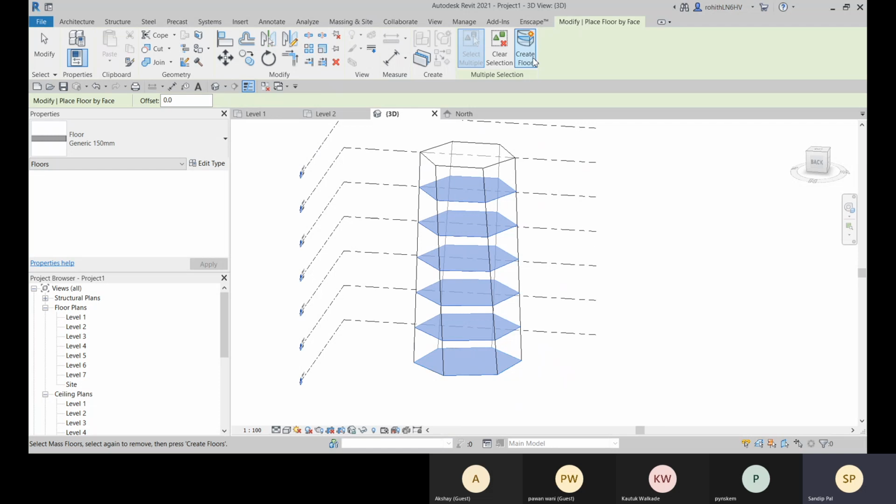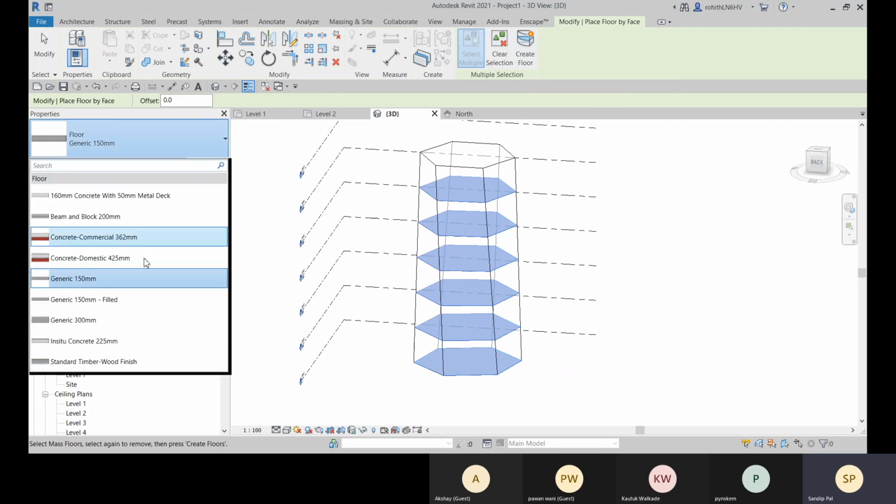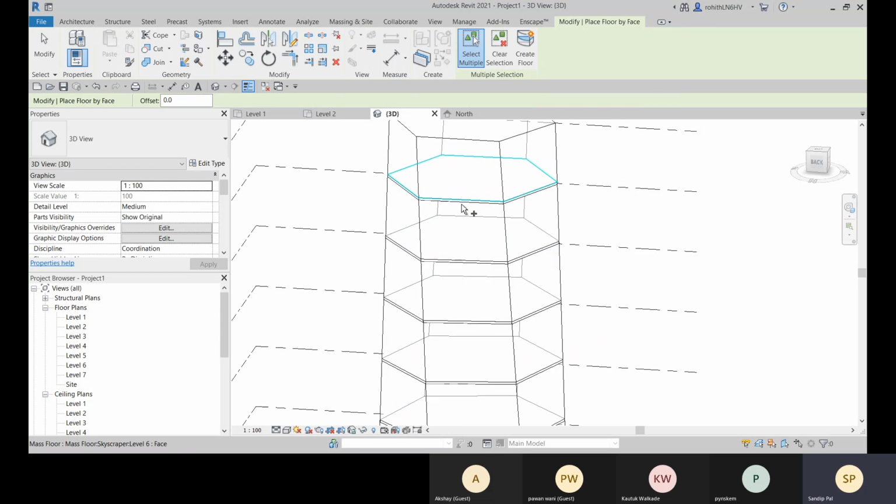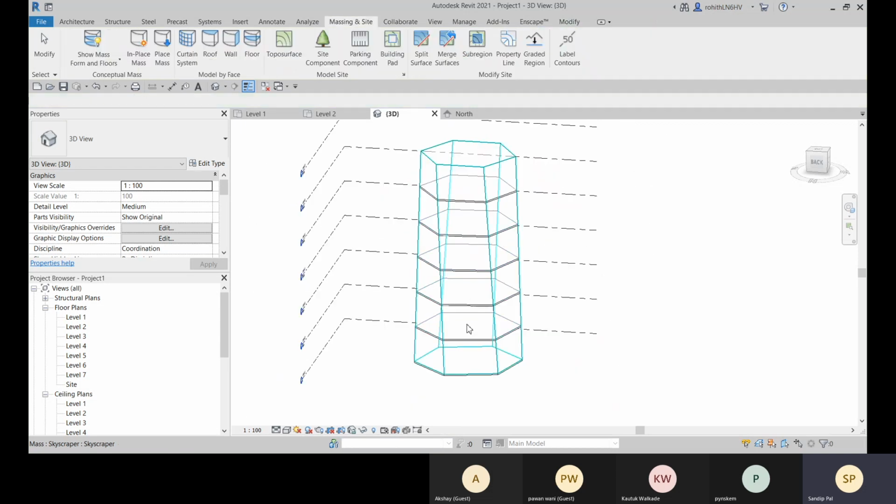Select all this, and then go to create floor. Before creating the floor, you can change the type as well. And if you want to select this as a different type, you can do that also. Now let me go with create floor, and now you can see that is created.